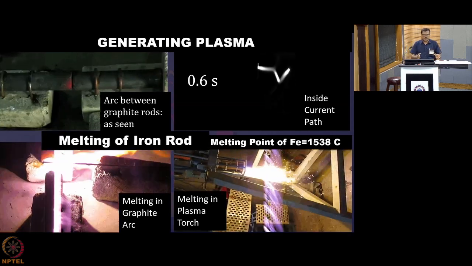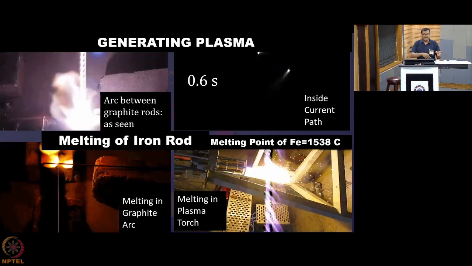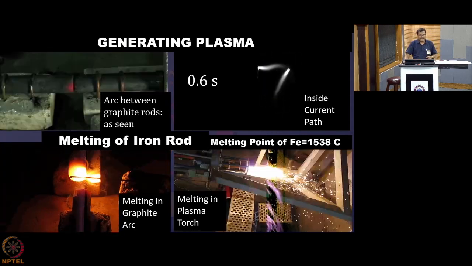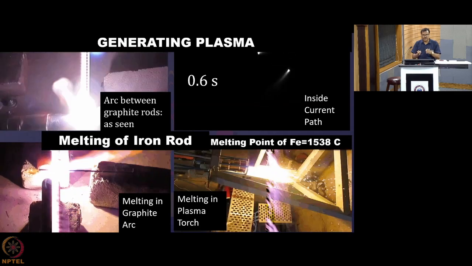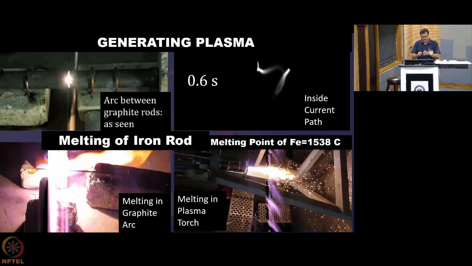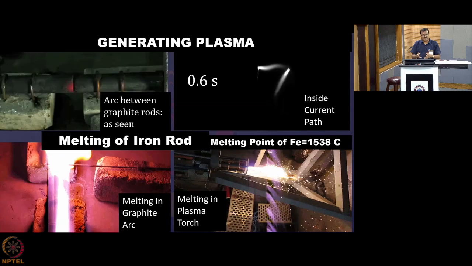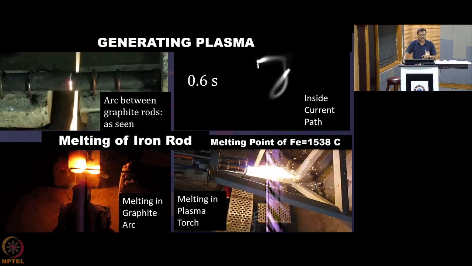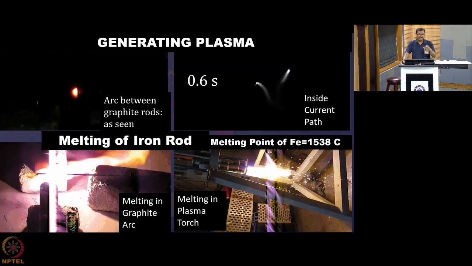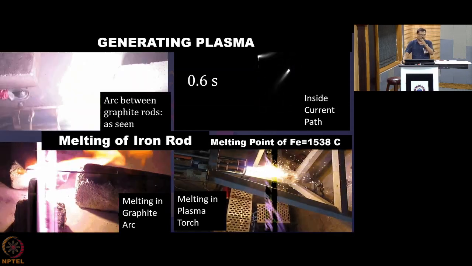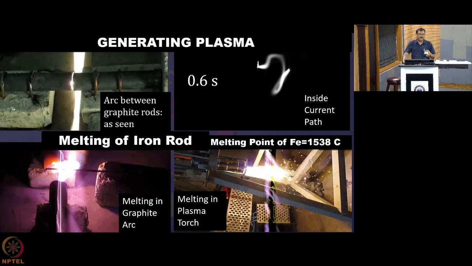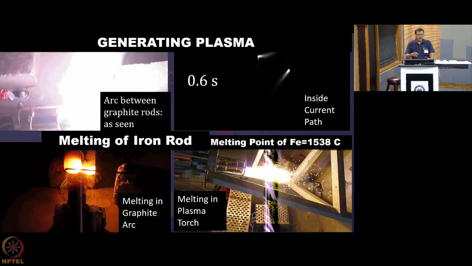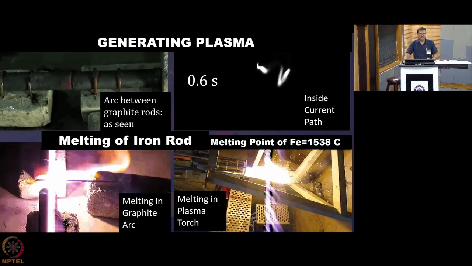So the technology is about transforming this arc, which is hovering here and there randomly, into an arc which is well stabilized, in the sense that it is stabilized in a zone where the gas is passing and it is heating the gas in a continuous, very uniform, regular manner. In that case, you will be able to reach that high temperature. But unfortunately, when you allow the arc to move like this, it may not be able to heat the gas sufficiently to reach a very high temperature. The lower two videos are basically showing those things.